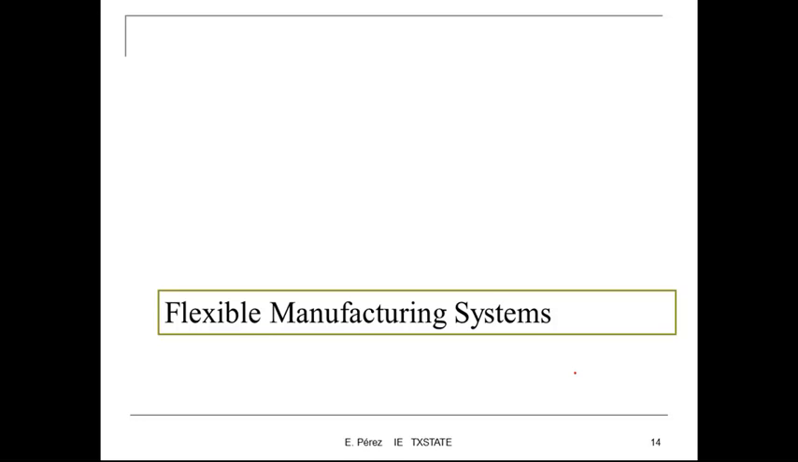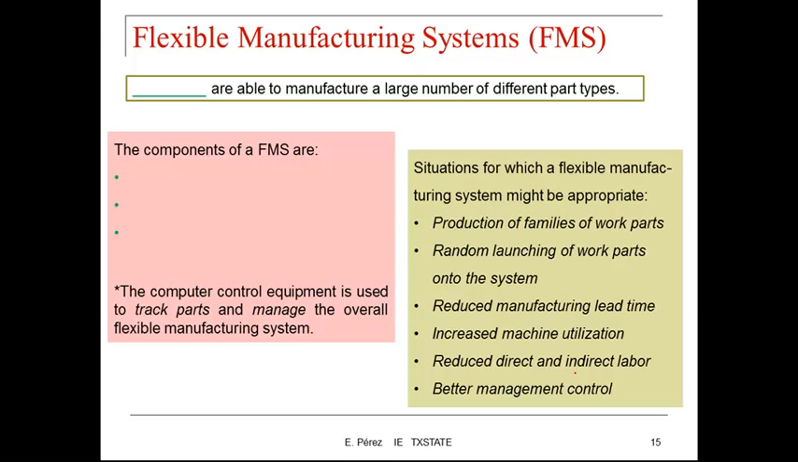Now let's move to a different type of manufacturing system. This is called flexible manufacturing systems. The term flexible basically stands for having more flexibility, and that's what we want to achieve with this type of manufacturing system. In a flexible manufacturing system, you are able to manufacture a large number of different part types. The components of a flexible manufacturing system are the processing equipment,